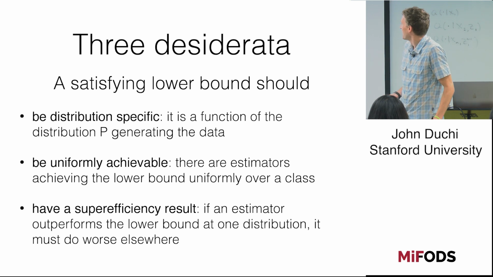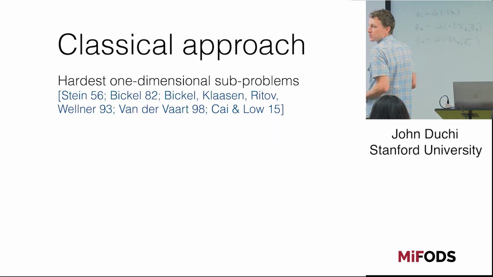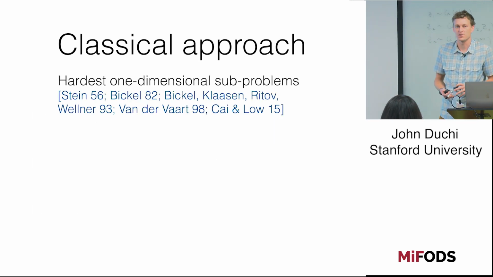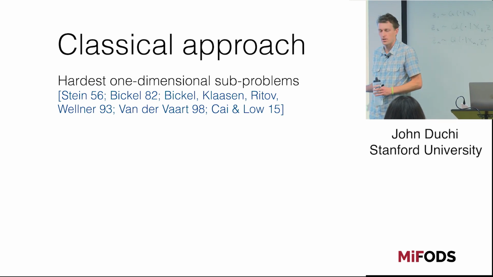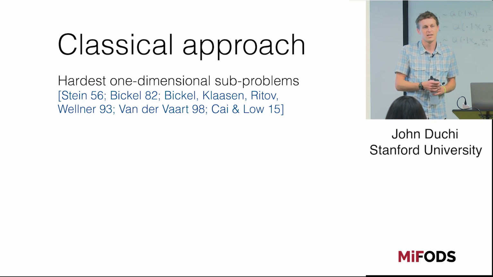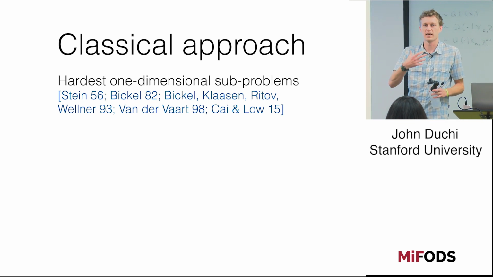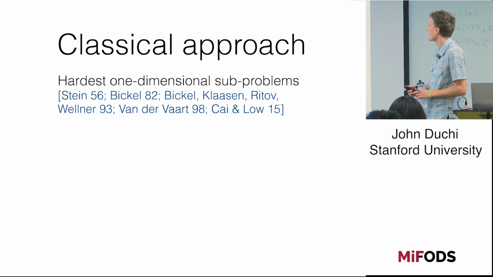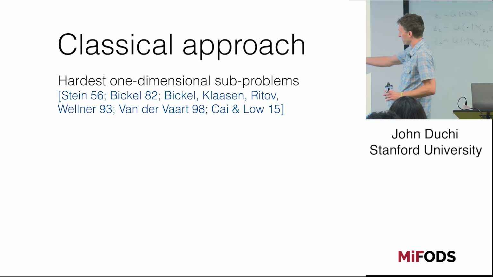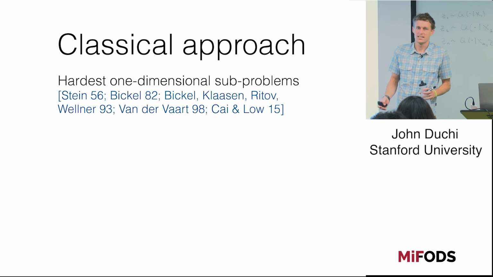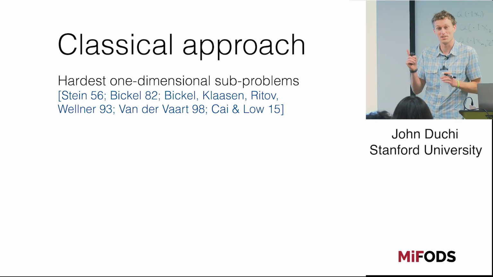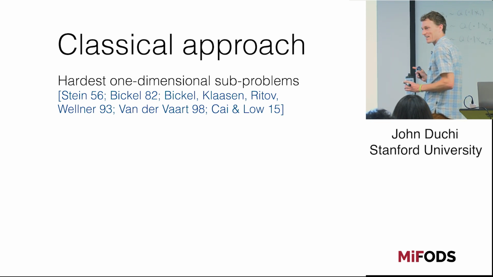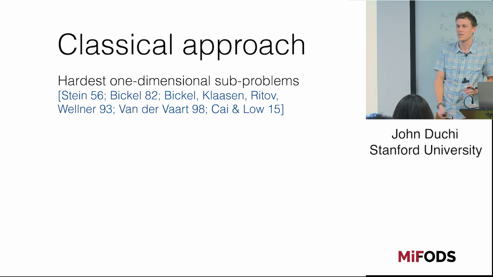All right. OK. So in this case, there's a classical approach that starts to get at this. This classical approach is what's known as hardest one-dimensional subproblems. You take whatever problem you have, and then you look at the hardest perturbation to that problem. This actually started off with a paper by Stein in '56. If you're familiar with the history of statistics, you see Stein 56 and you think James-Stein estimators, but it's not that paper. It's another paper that I think deserves to be just as well known because it influenced this huge line of work on semi-parametric estimators.